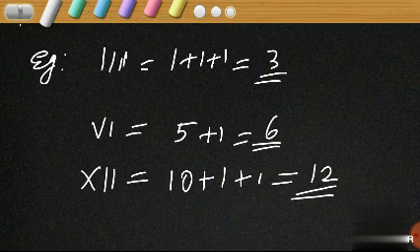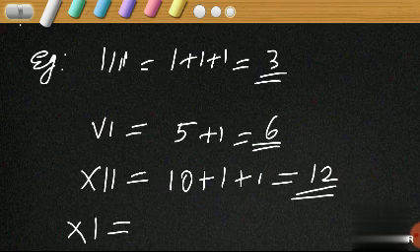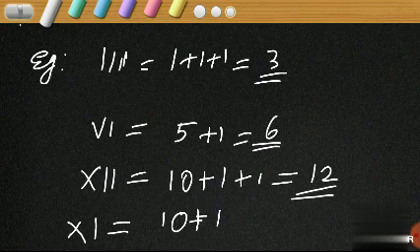Okay? Then let's write XI. What is the meaning of XI? X means 10. I means 1. Which is greater? X. Which is smaller? I. So here also, is the smaller one on the right side of the greater one? Yes. Here also that's correct. So we can add 10 for X and 1 for I. 10 plus 1. XI means what is the value? Yeah, 11. Is it clear now?